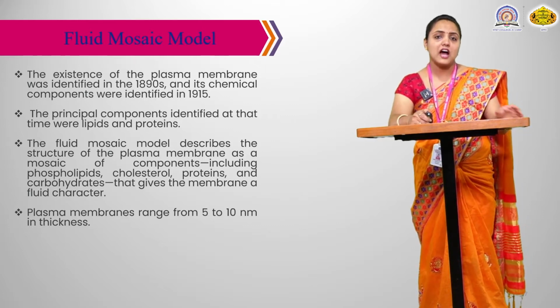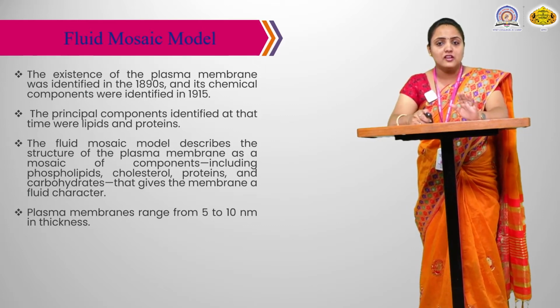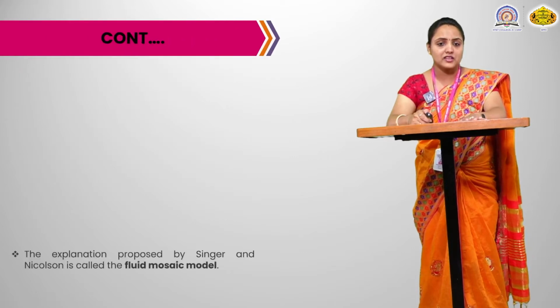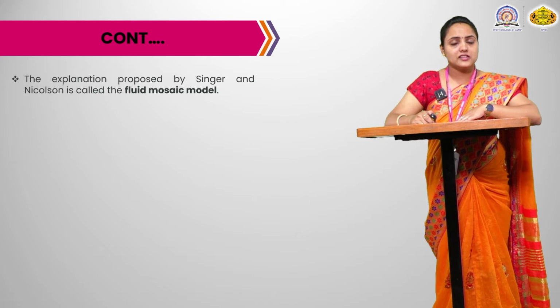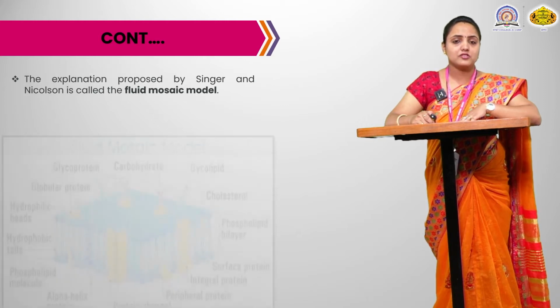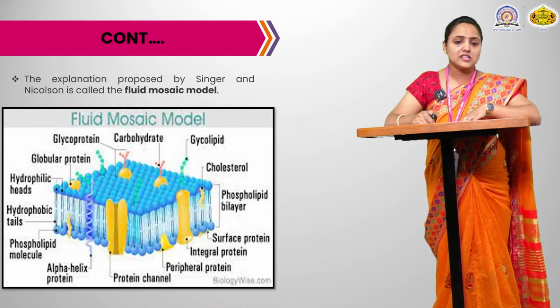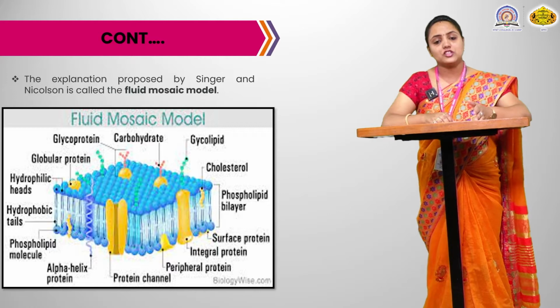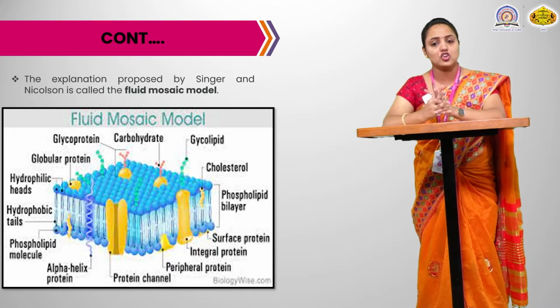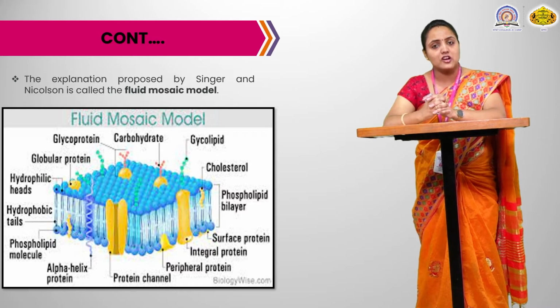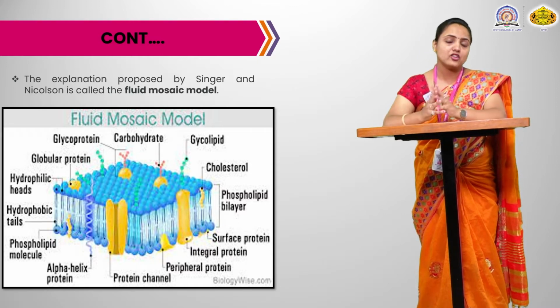The plasma membrane is 5 to 10 nanometers in thickness. The scientists Singer and Nicolson explained the fluid mosaic model. Now you can see in the diagram the various components present in the membrane. You can see a glycoprotein, a globular protein, a carbohydrate, a glycolipid, cholesterol, and the phospholipid bilayer which comprises a hydrophilic